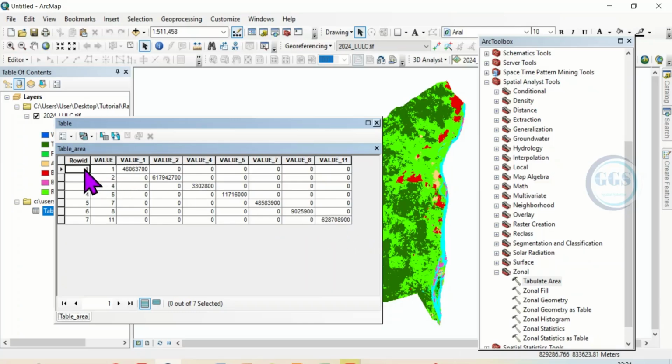So the area for value 1 is this, value 2, here is the area, value 4, here is the area, and value 5, here is the area. And after that, you need to divide by 1 million, that is if you are calculating in square kilometer. But in essence, here are the two simplest methods of calculating area of